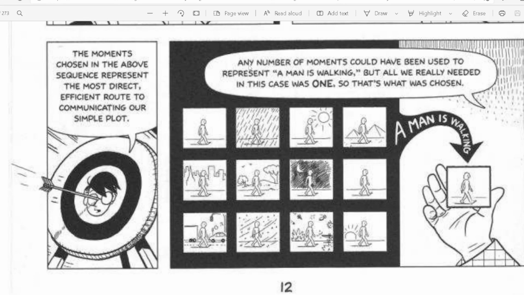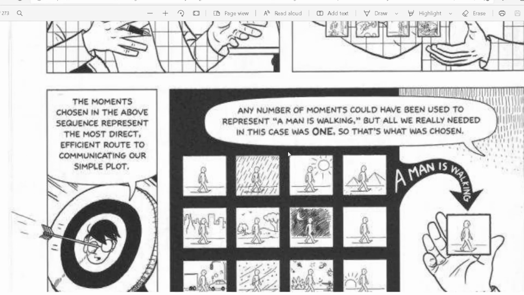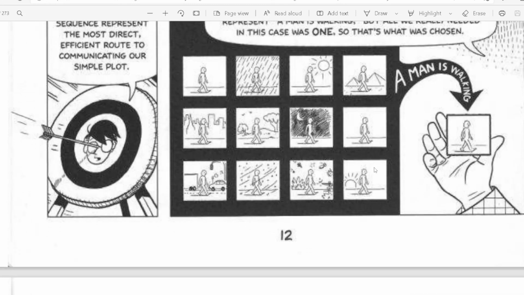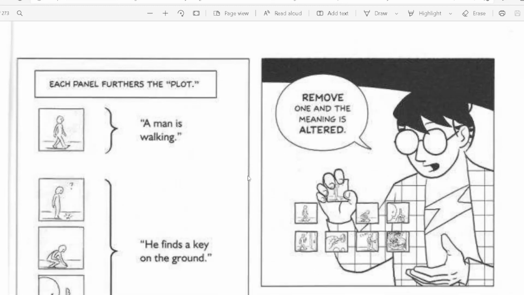Let me read again. Any number of moments. So here you can see there are 8 panels. Now he is saying any number of moments could have been used to represent a man is walking, but all we really needed in this case was one. So that's what was chosen. A man is walking. That was the one.